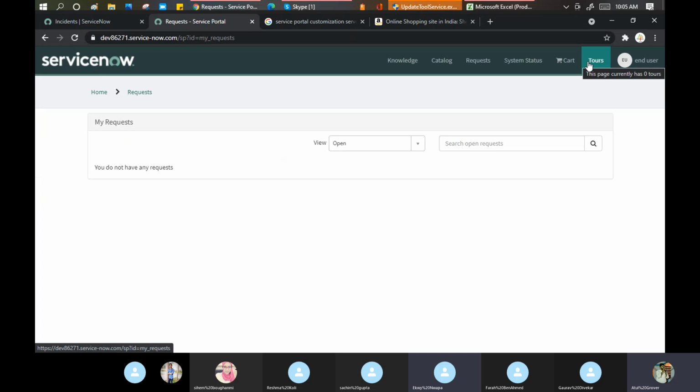Yes, you're right, actually. ServiceNow also makes changes as per the life cycle. Earlier, the service portal was called the ESS, Employee Self-Service. Then after one or two releases, they made changes again and called it SSP, self-service portal.